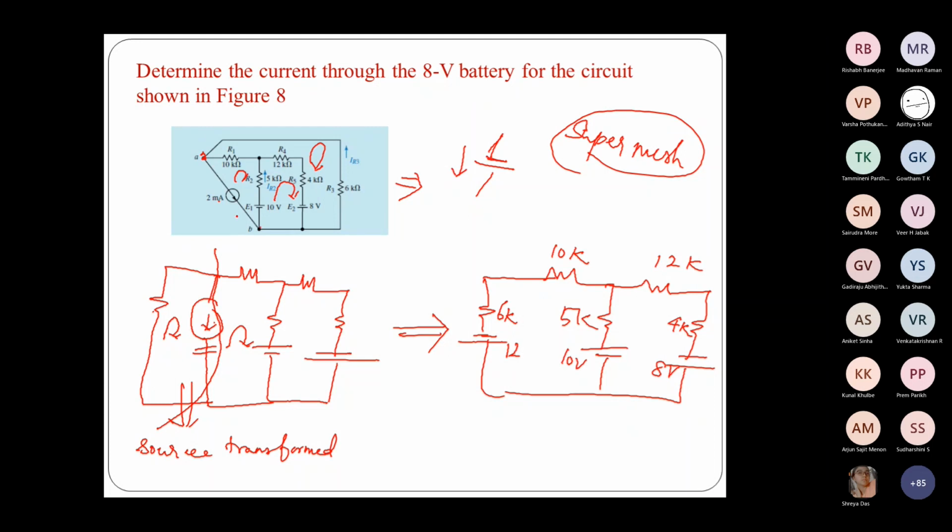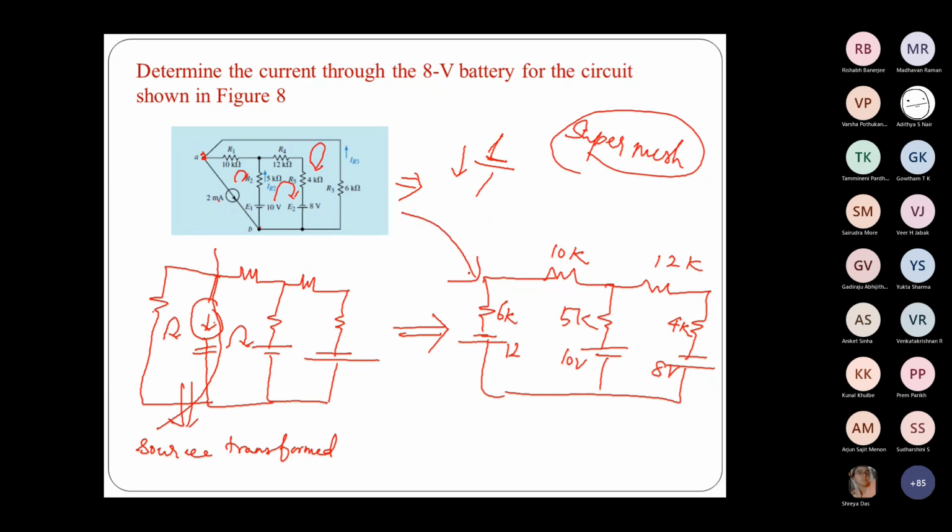That is how we are treating this current source in parallel with the resistance. This resistance is nothing but the internal resistance of the current source, which is converted to its equivalent voltage source. So a current source in parallel with a resistance will be converted to a voltage source in series with the resistance and vice versa. If I have a voltage source in series with a resistance, that can be converted to a current source in parallel with the resistance. That's all. Now I have converted the given network like this.